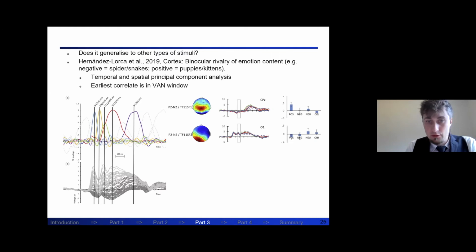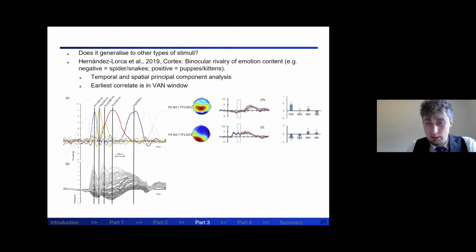So looking at the results, the earliest significantly modulated component was indeed this one here, 280 milliseconds. So the N2 or P2, which is the same as indicated in the hand study, the one that varied gradually. Now the other components are also significant here. So this study is not conclusive in one theory versus another, but mainly shows that even for stimuli with emotion content, you have this early component.